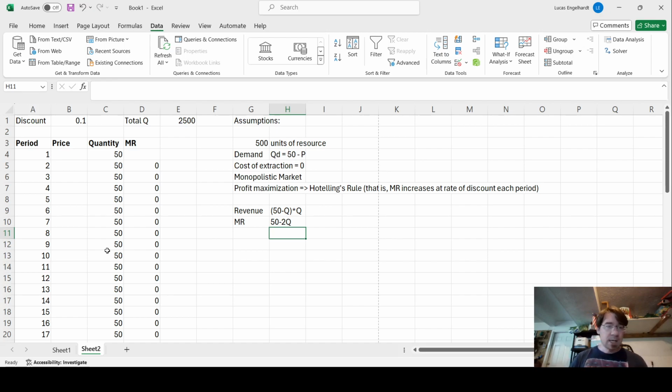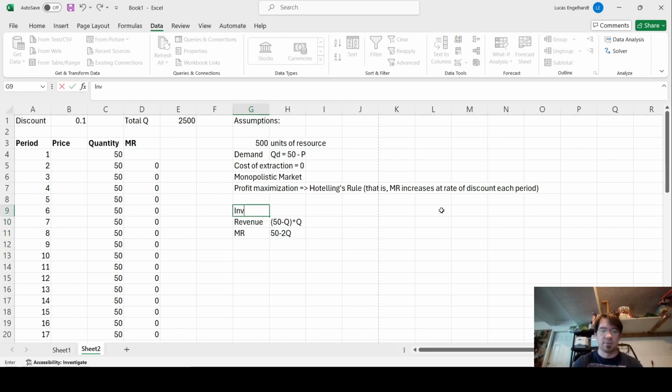All right. So now where do I go from here? That's the next step. I have marginal revenue as a formula. I have price and quantity related to each other as a formula. Well, this is easy. Because I can do that inverse demand curve, I'm just going to make myself a little bit more space here. Right, so inverse demand. I'm worried about typing that correctly, given that it's going to be on here saying it's 50 minus Q, not exclamation point. Q, there we go. All right, so we have P equals 50 minus Q,